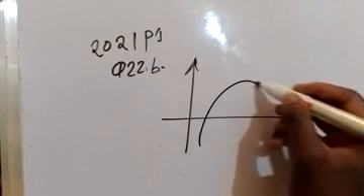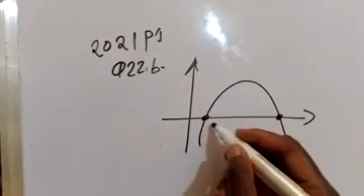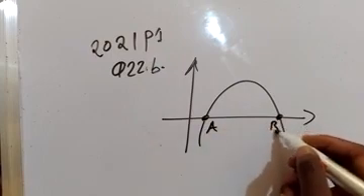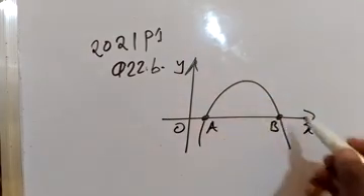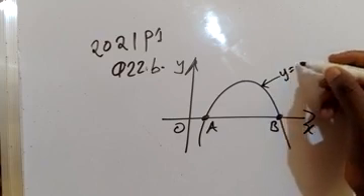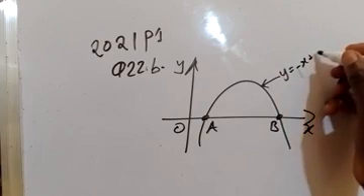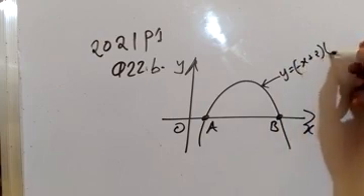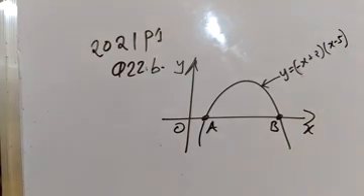So we have this part and that part. This is A, that is B, then O. This is our y-axis, this is the x-axis. Then this function is y equal to (negative x plus 2)(x minus 5). Then the first question is saying